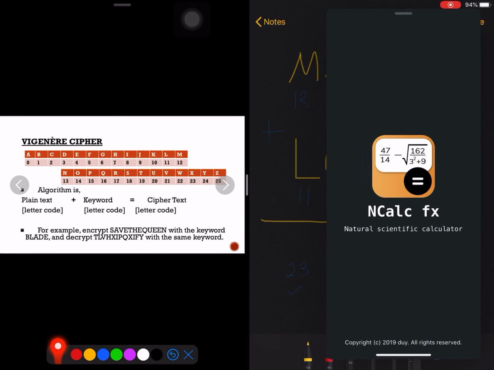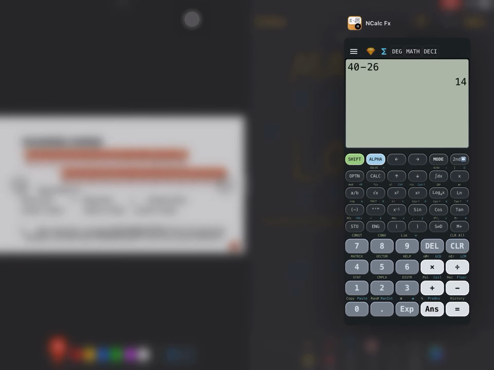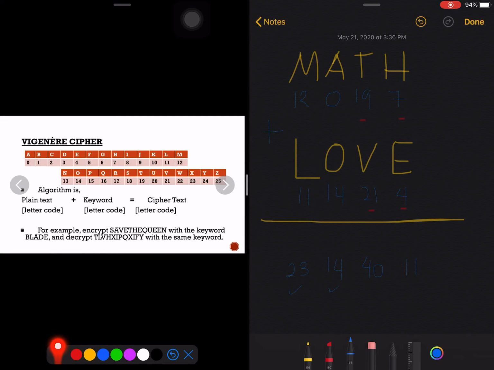So that's 40 minus 26, that's 14, this time less than 26. So we can now have that here. So 40 is actually the same thing as 14 with respect to modulo 26, and 11 is good to go. Now we are to